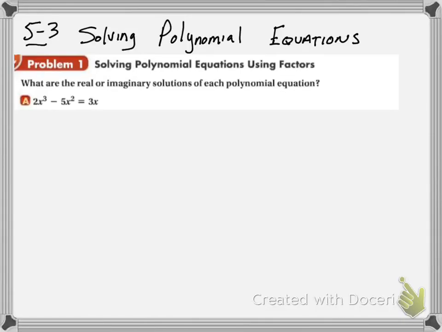5 is about solving polynomial equations. So we just went from solving quadratics to solving polynomials. The goal here is to get this down to a quadratic. So the first thing I want to do here is move the 3x over. So what I end up with is subtract 3x, so I get 2x cubed